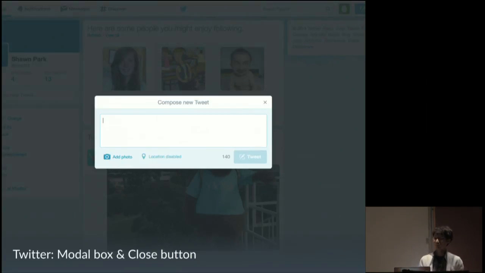And what if the user wants to go back? You could say that they could just click on one of the black areas, but some people who are new to Twitter might not know that. So that's why for their modal box, they have this tiny X icon on the top right of the modal box. You have to really think about each possible case for the user. You have to really think about the user as if they're 7-year-old babies.